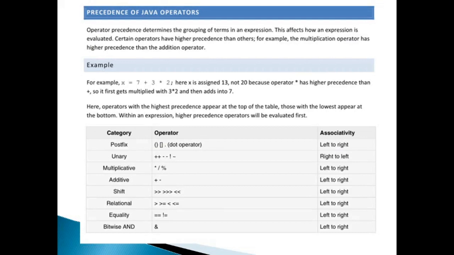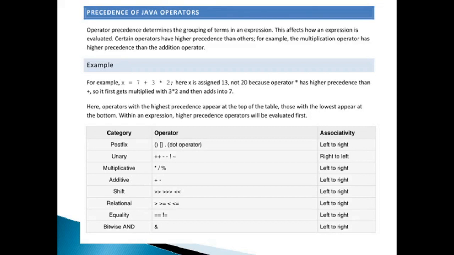Okay, so now we have studied the various types of operators that are used in the Java programming language. Now we must also know the precedence of Java operators. What is precedence? Suppose there is an expression involving more than one operator; then it has to be executed in some order, like multiplication taking greater weightage than plus or minus. Then there should be proper recognition of the precedence of brackets or other symbols involved.